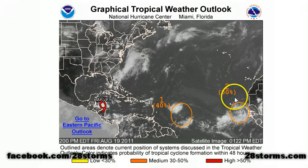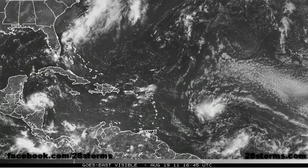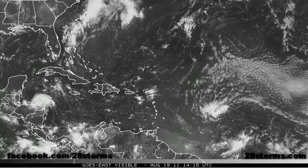This is already very impressive. The Hurricane Center is giving it a 50% chance of formation within the next 2 days, although we're not really that concerned about that one as it's really far out and it has a very good chance of recurving away from any land masses. So if we take a look at today's latest satellite imagery, we can see that our